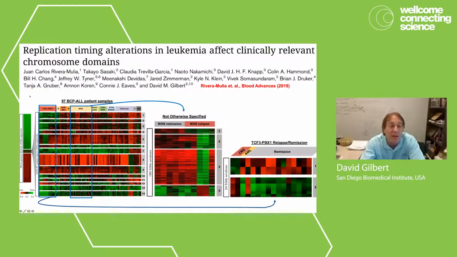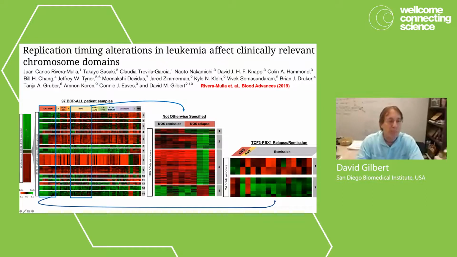But anyway, what I want to show you here is that we're going to do this hierarchical clustering, dividing the genome into many 50 kb segments. And the first thing you should notice is that all of these patient samples are a group of BCP-ALL patient samples with different genetic subtypes, etc. Some of them are what are called NOS, which means that they have no defined genetic subtype.